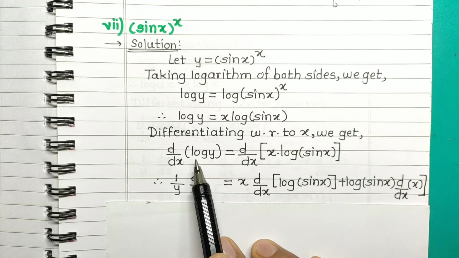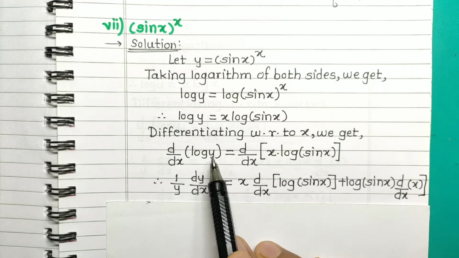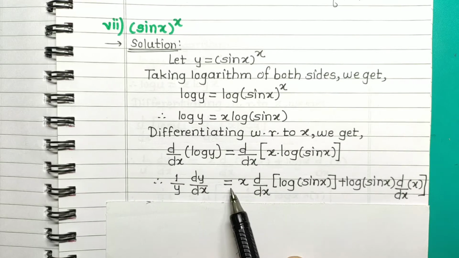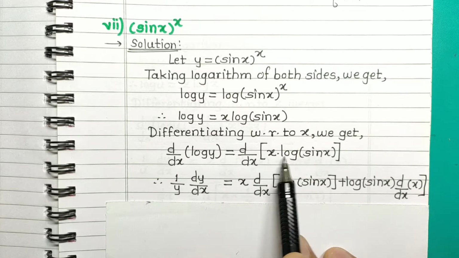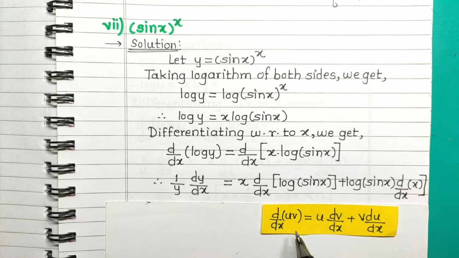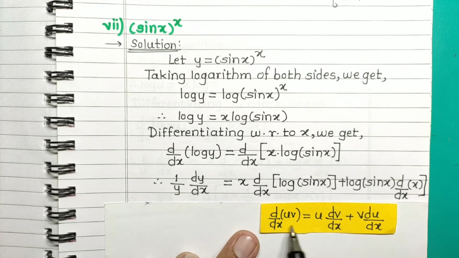For that let me revise once again. For that we have treated log of this term as log of something. So its derivative is 1 upon something into derivative of something. Now the right side is a product of two functions, and we have this rule for derivative of a product. See, u is the first function, v is the second function. So what is the rule? We keep the first function as it is, multiply it by derivative of the second function plus the second function as it is into derivative of the first function. So this is the product rule for differentiation.